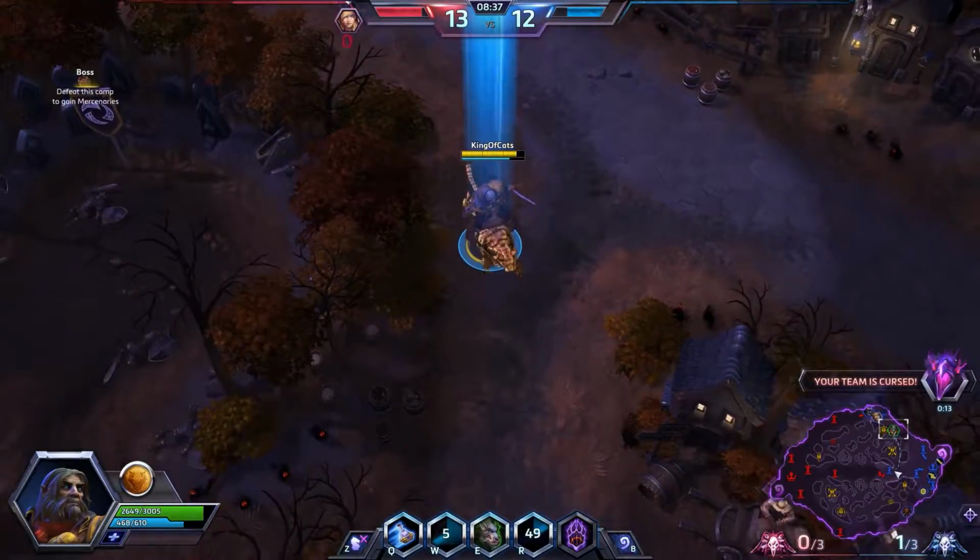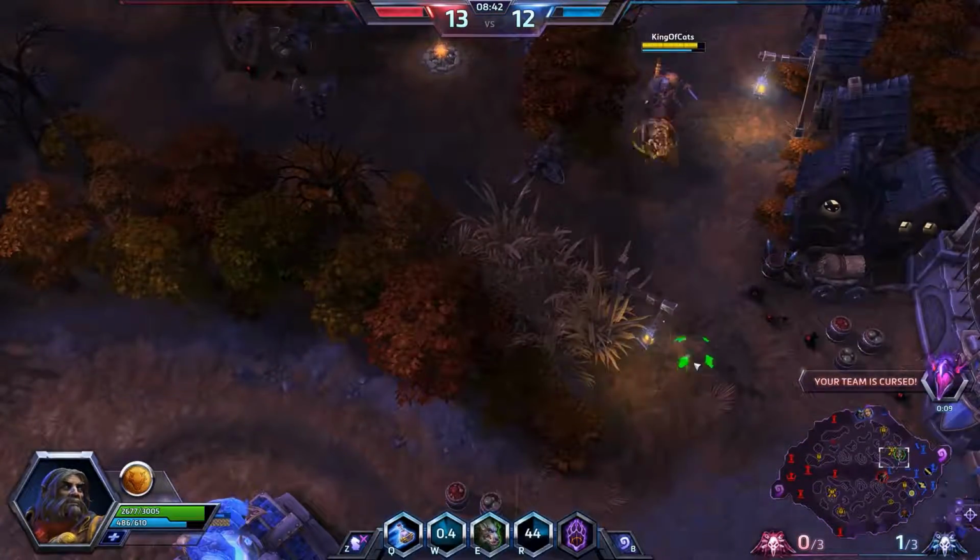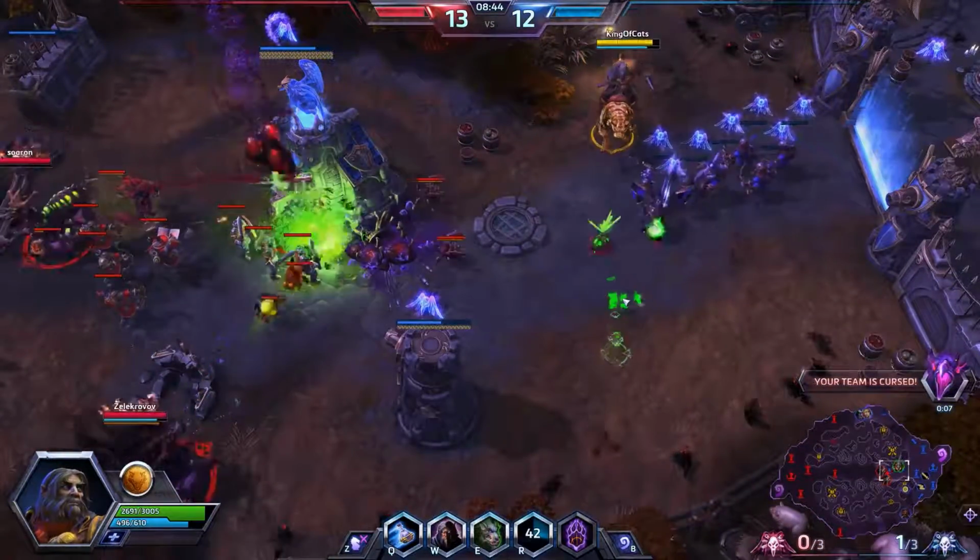We're going to try to rotate there as well, avoiding as many Abby mines as we can. Zagara already there trying to do damage. He gets the kill on the healing well. And things are looking a little dire for the front of the team, but we should be able to basically